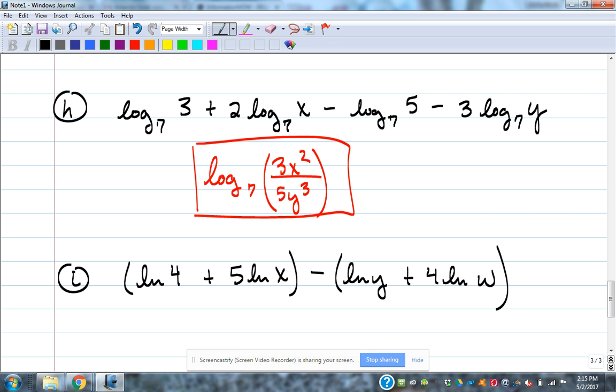Well, I was just wondering, so I know you said like minus 3 log 7 5, it still goes under, but I was thinking log 7 5 minus 3 would be like another division instead of multiply. It's just subtracting, not adding. But then I was like, why is it? You're overthinking a little bit. We're trying to get one problem out of it. So we're not dividing the 5 by the y to the 3rd. We're dividing the whole, whatever is inside of the log by that. That minus sign on it means, okay, this is the division part of the log, the single log that we're trying to get